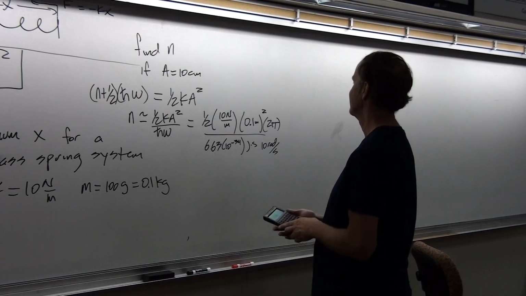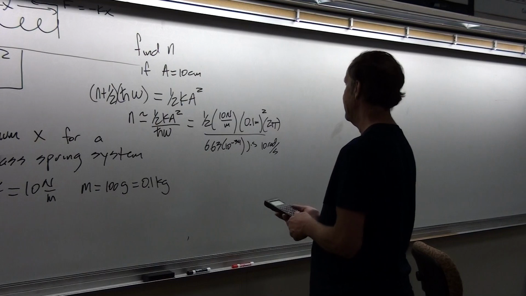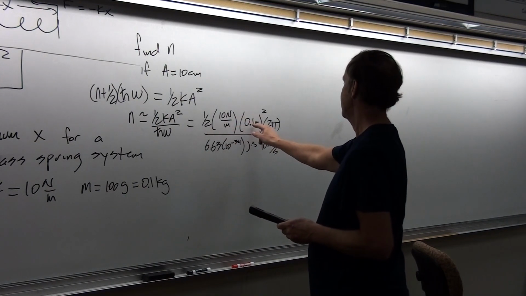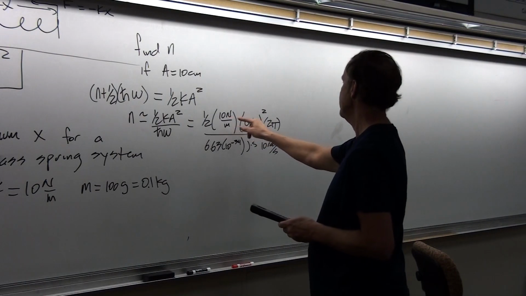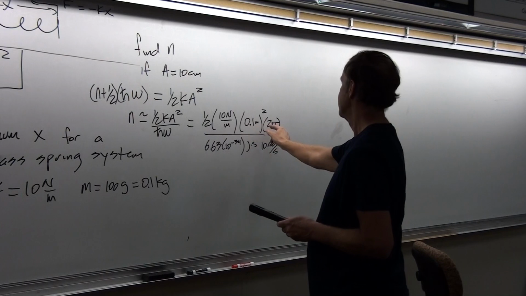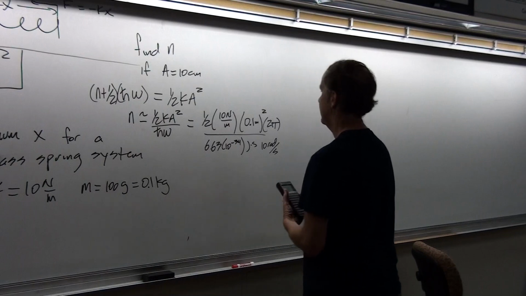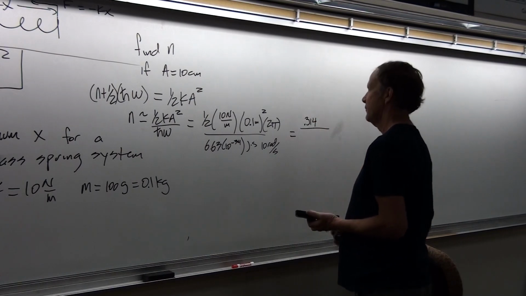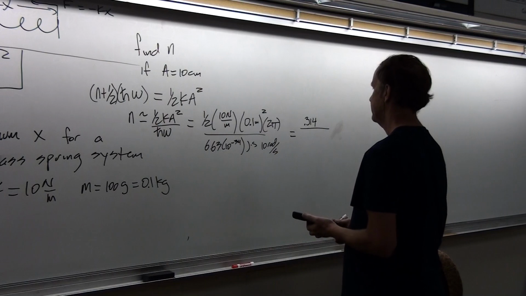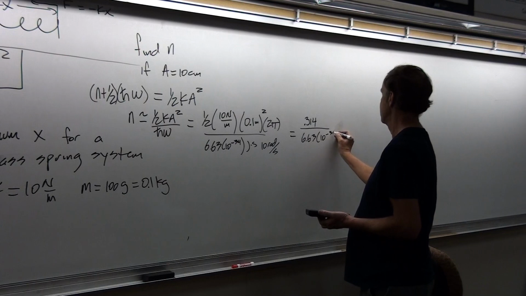10 times 0.1 squared can be like 0.1 times pi in the numerator. This is 10, this is 0.01, and that's squared, so that's 0.1. The 2's cancel, so it's 0.1 times pi. So that, I don't even have to punch that part out. 0.314, 1 times pi, divided by Planck's constant, 6.63 times 10 to the minus 34.